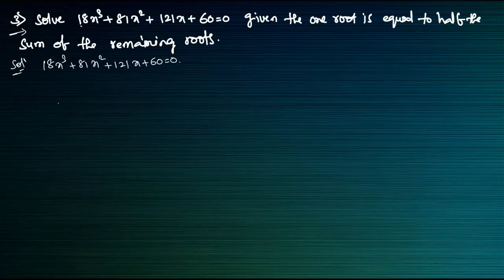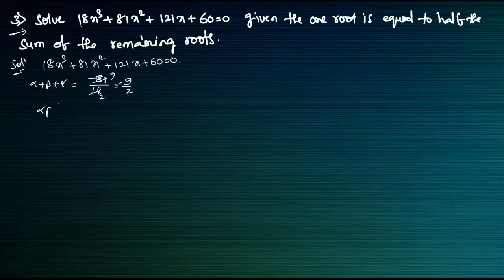for the given equation I will take the roots here, alpha plus beta plus gamma is equal to how much will come here, minus b by a, no? So minus 81 divided by 18. If we cancel, it will become minus 9 by 2. Minus 9 means 9 9s are 9, 2 2s are 2, okay.